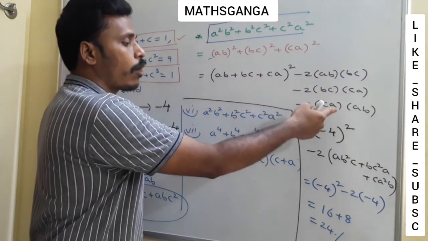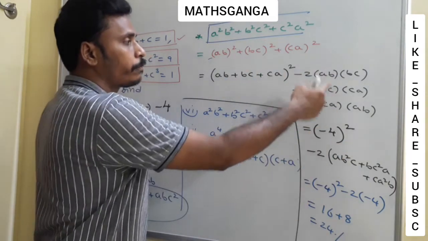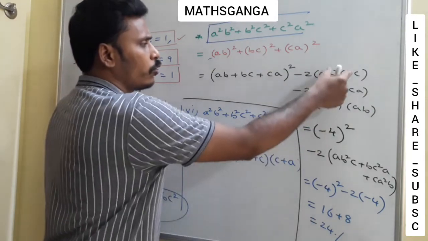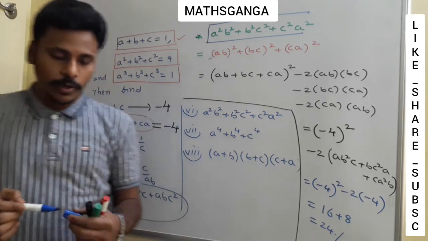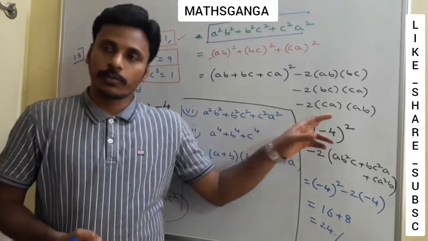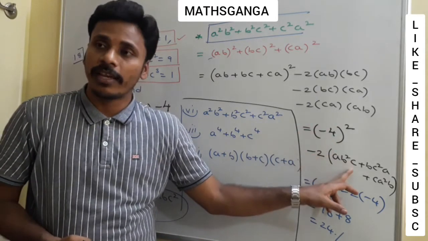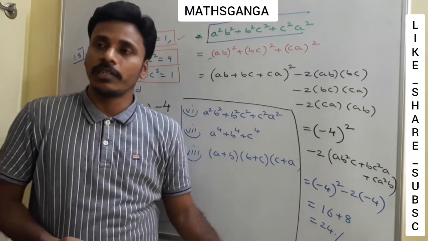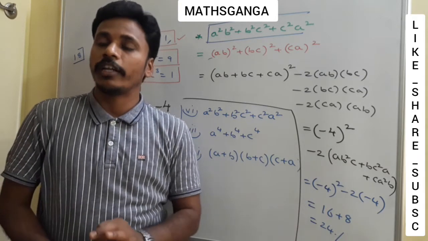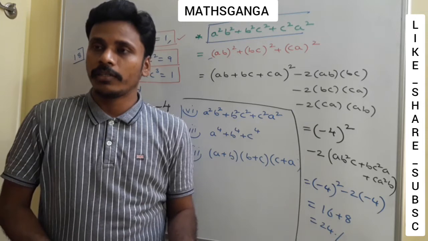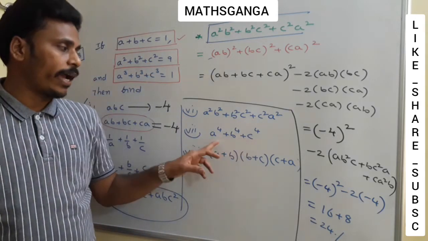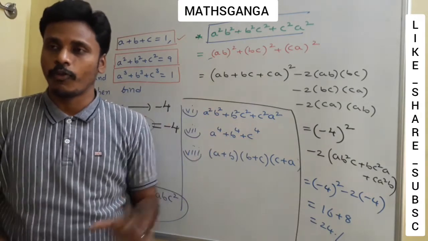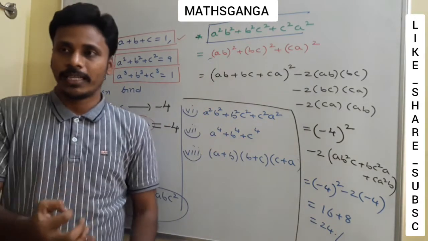And from there, if you common out, what you need to common out? See, if you common out minus 2, then in the bracket you have ab square c, bc square a, ca square b. So minus 4 whole square minus 2 times of this, which is again minus 4, and on simplification it is 16 plus 8, which is 24. There is the problem. Is it clear? Just have a look and then see, I will give you the way to find this a power 4 plus b power 4 plus c power 4. Okay, just look at that.